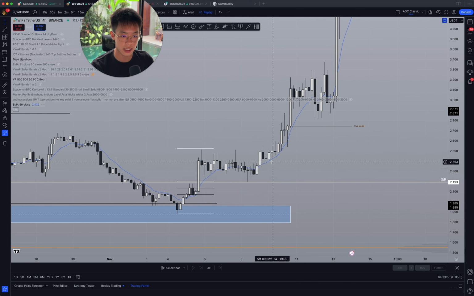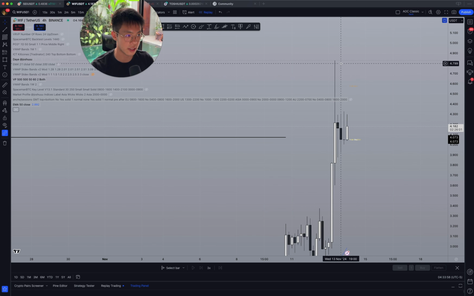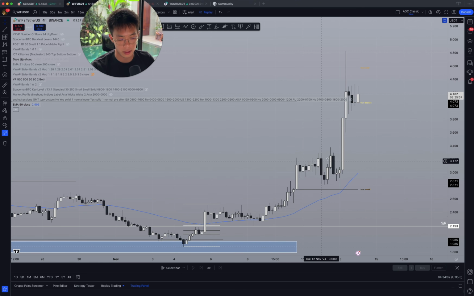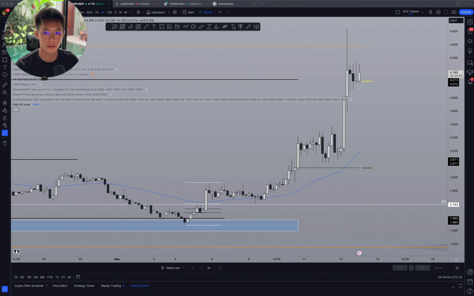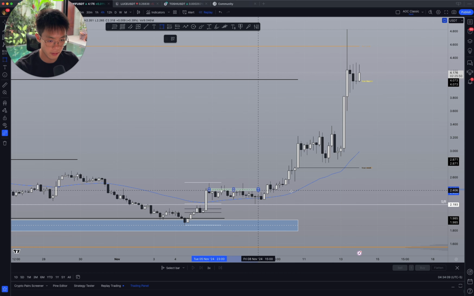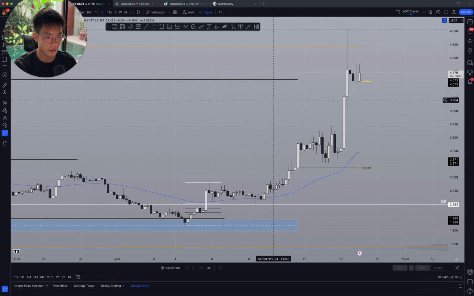So if we put on the EMA, yeah, sure, you would have gotten a chance to buy it here. But at every single point since $2, it has doubled in the last couple of days, more than doubled actually. You would have missed out on all of this. And don't get me wrong, you can use this on the lower timeframes as well. But for most people, what I would recommend is just to stick to the 4-hourly chart and above,